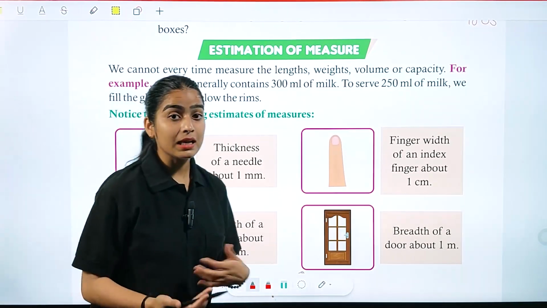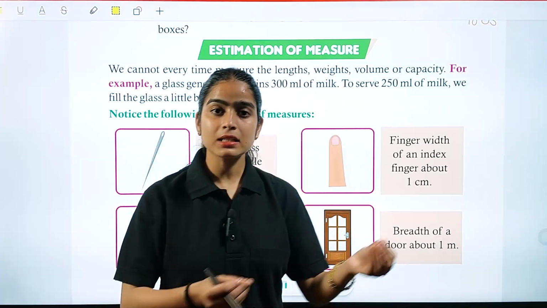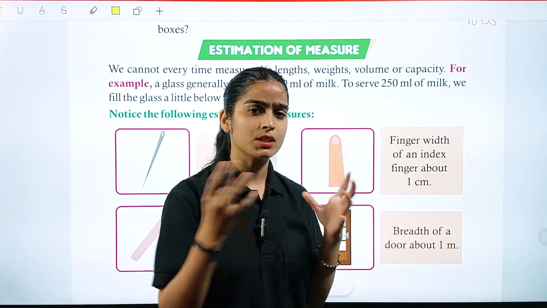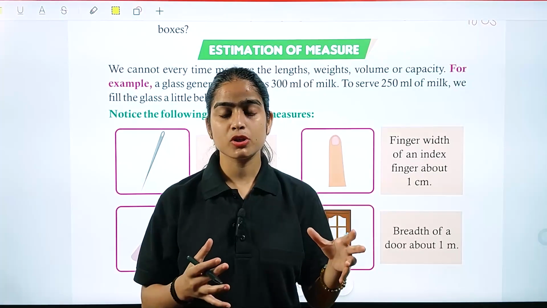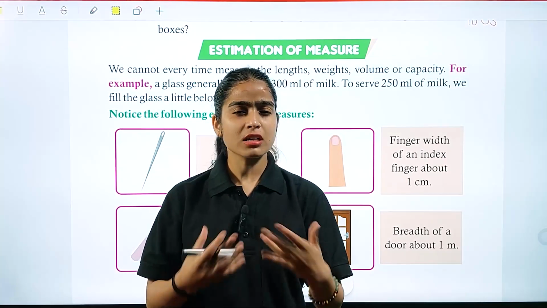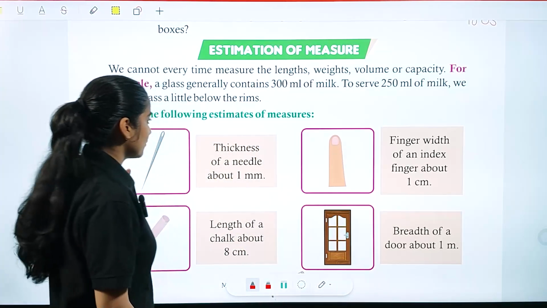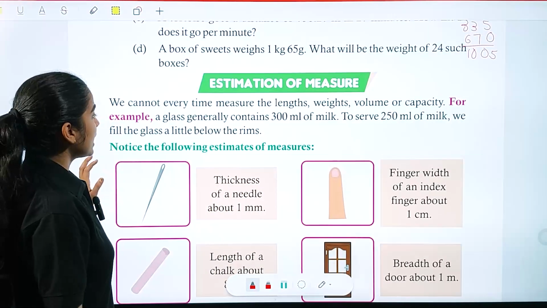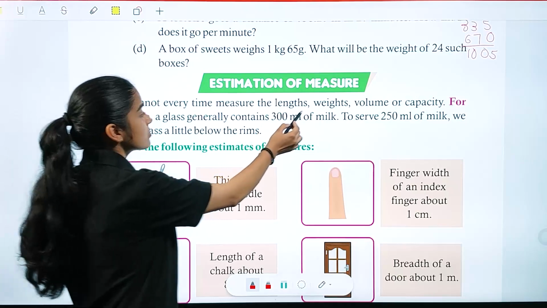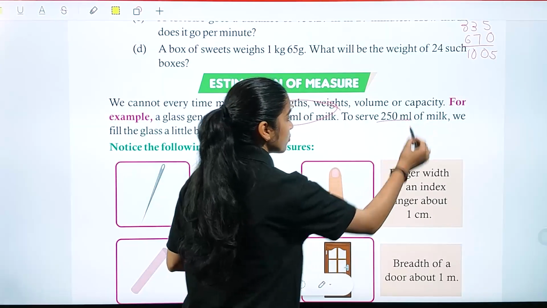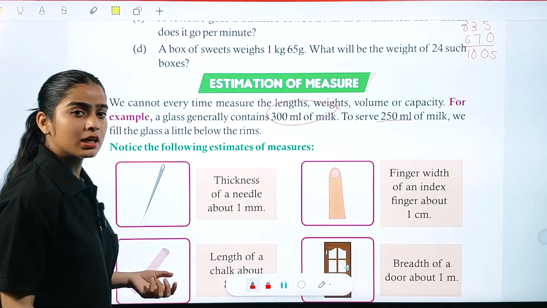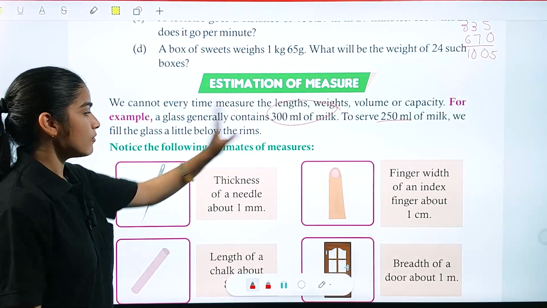Estimates का मतलब होता है लगभग. जब हम कोई exact accuracy की तरफ measurement नहीं कर रहे कि हम scale लेके आए या फिर हम capacity को measure करने के लिए कुछ लेके आए, तब हमने measure करा. हम यहाँ पर general guess करते हैं कि कुछ भी हो सकता है. For example, यहाँ पर बताया जा रहा a glass generally contains 300 ml of milk. So अगर हमें 250 ml चाहिए होगा तो हम थोड़ा सा estimate यहाँ पर कर देंगे कि little bit उसे खाली छोड़ देंगे for 50 ml.